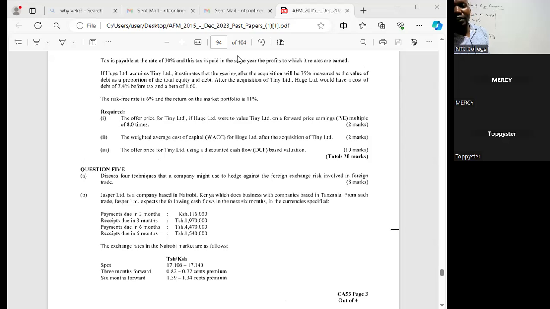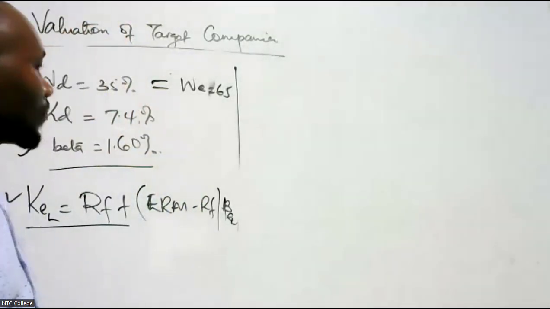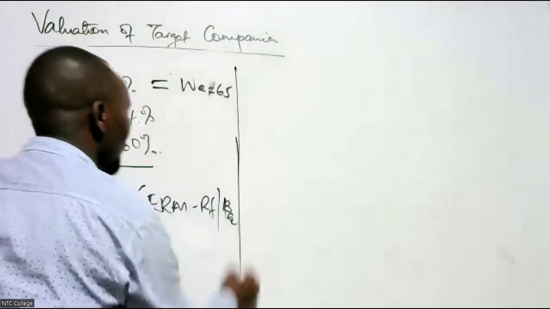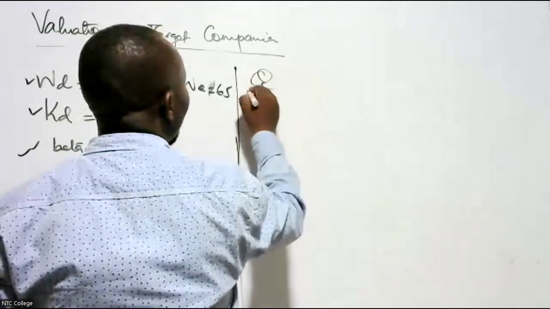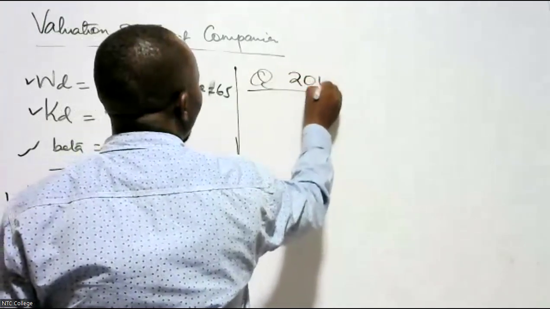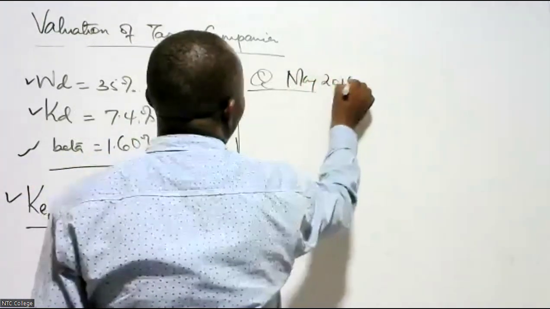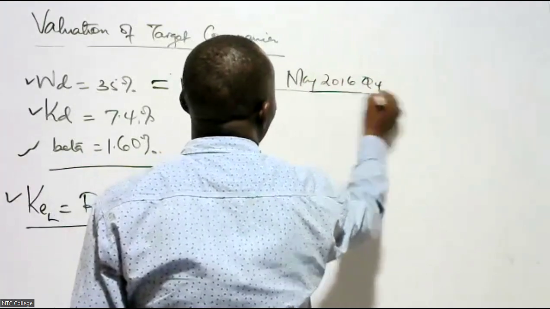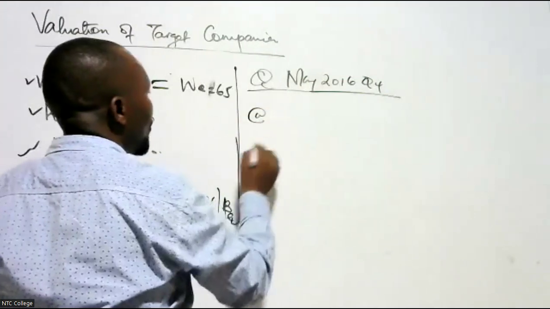Just getting the cost of equity is already a mark. But remember, we want to solve the first question. We want to calculate the value of the company using the PE ratio. What will you do? So that question is November, May 2016, question number 4. So the first thing that you should do, that is number 1 or Roman 1, is